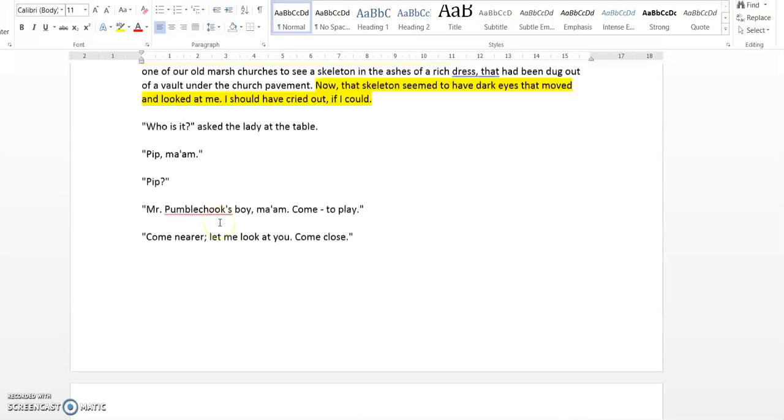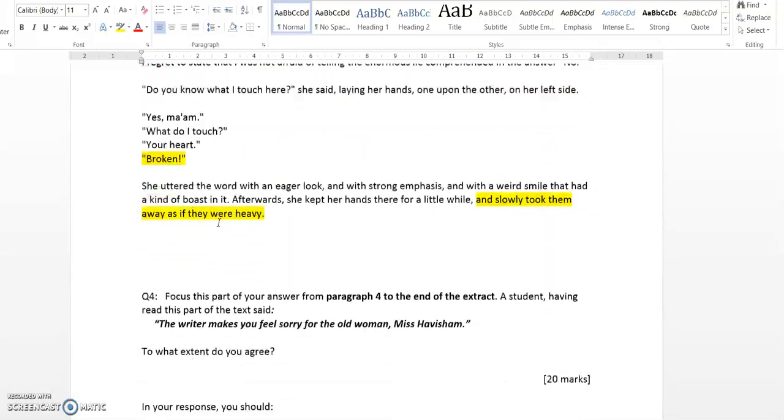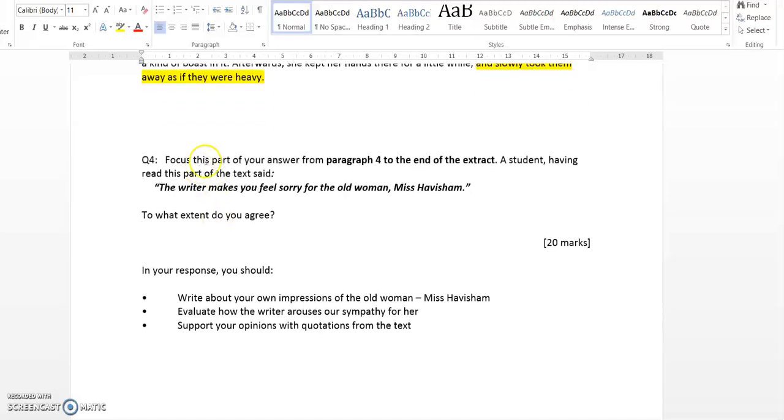We're going to use the Great Expectations extract again, as I have done for all these videos. So the question says, focus this part of your answer from paragraph 4 to the end of the extract. So you need to be aware of what parts of the text you're looking at, because often they'll ask you to look at a particular bit. A student having read this part of the text said, the writer makes you feel sorry for the old woman,